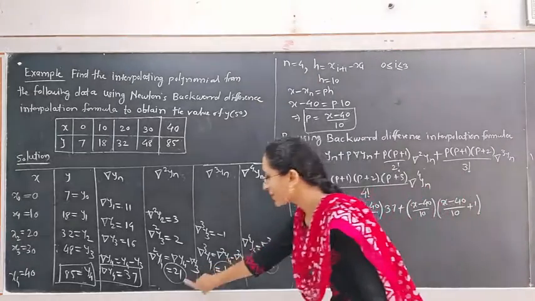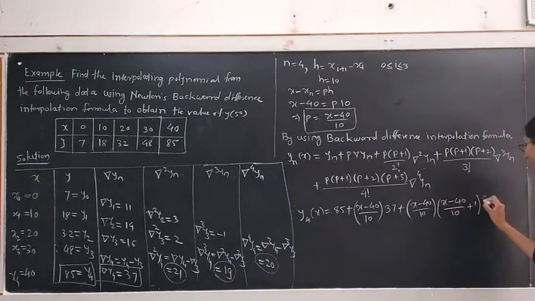Del square yn value is 21 upon 2 factorial, plus